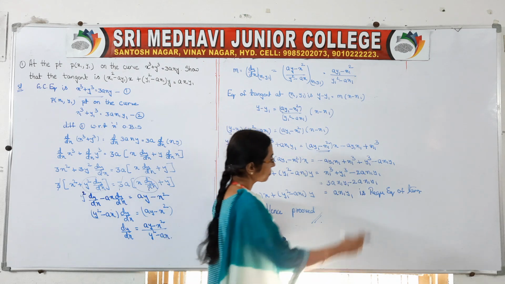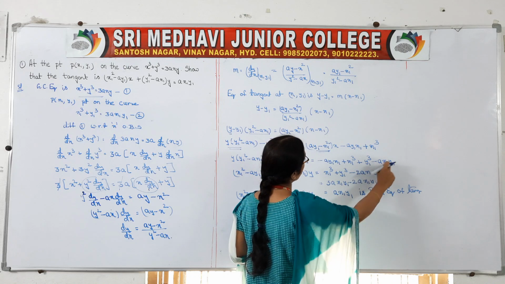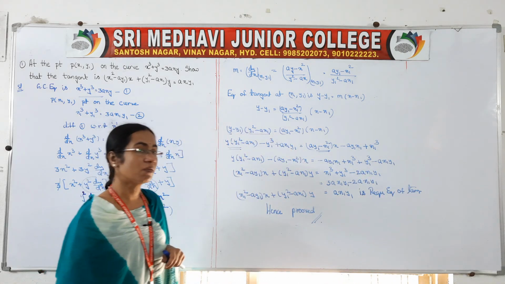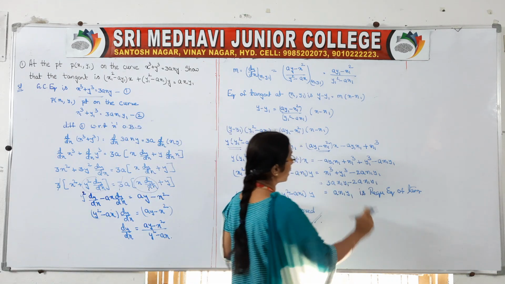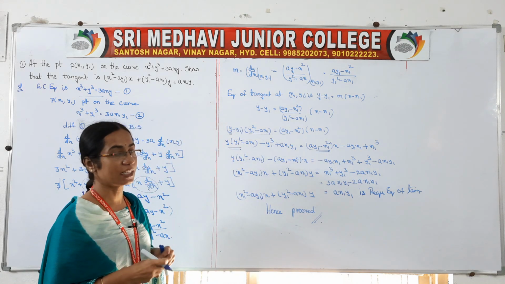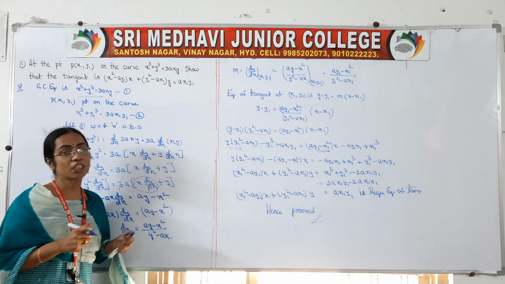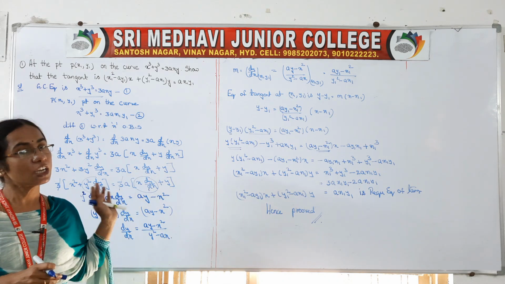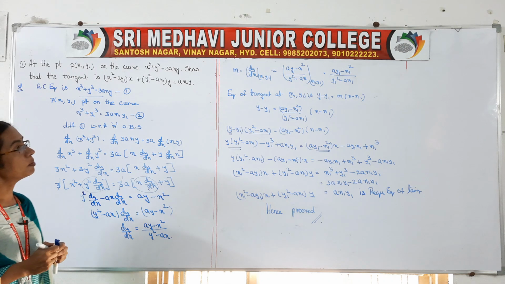So writing in the order, first the x term, then the y term, and sending all the other terms to that side. If you observe, it is x1 cube plus y1 cube minus a x1 y1 minus a x1 y1, that is minus 2a x1 y1. So 3a x1 y1 minus 2a x1 y1 is a x1 y1, which is the required equation of the tangent. Okay, so that is what we have to prove. In a show that problem, the equation we have to get at the end will be given in the question. We got that one only. Okay, so practice this problem perfectly.